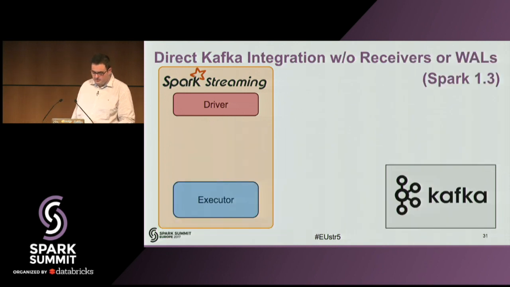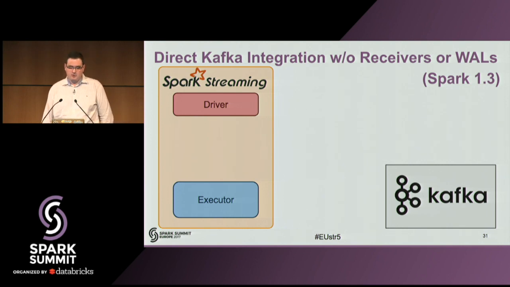With Apache Spark 1.3 arrived a new approach of streaming integrations without the need of receivers. Also, a totally new approach using the Kafka Simple API instead of the high-level API, taking advantage of the core features of Kafka. It's a durable log with custom retention. It's no longer necessary to store Kafka data in buffer memory or add an additional write-ahead log, because we can just ask for the data directly from Kafka when we need it.